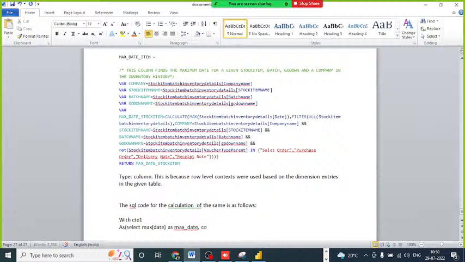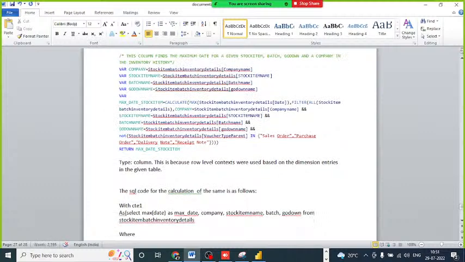So at what level of hierarchy we are taking? Company, stock item name, batch, go down. From stock item batch inventory details, where वाउचर टाइप पेरेंट नॉट लाइक, हाँ बोलो बेटा, नॉट इन कर दो चलो,